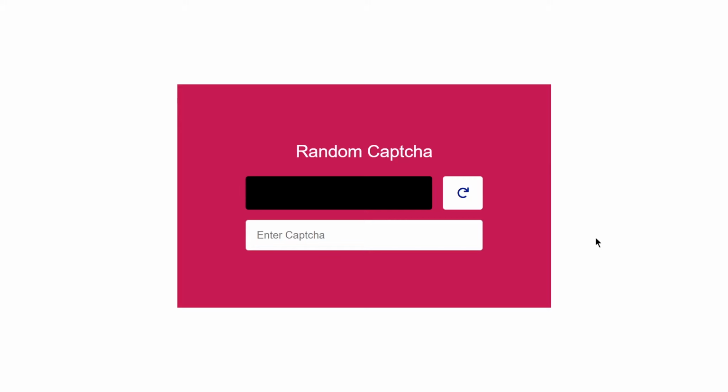In this video we are going to be creating this random Captcha project by just using HTML5, CSS3 and JavaScript. Okay, so if I just click on this reload icon right here, it will now give us a random Captcha. Okay, so if I just write like